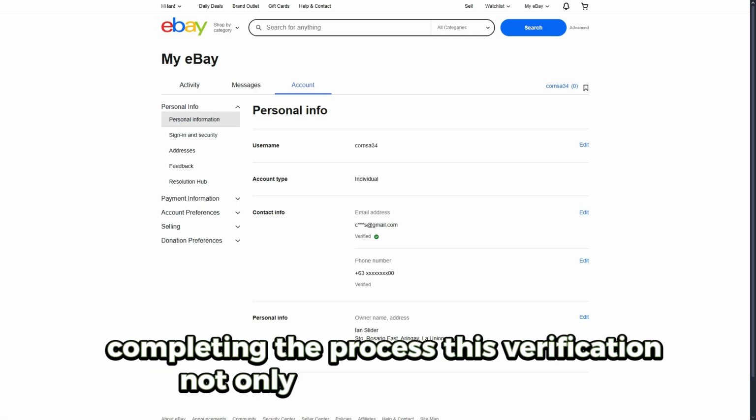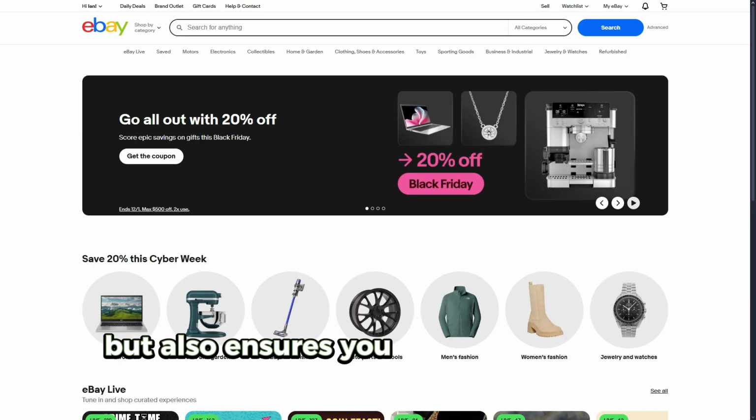This verification not only secures your account, but also ensures you can access all eBay features, including buying and selling